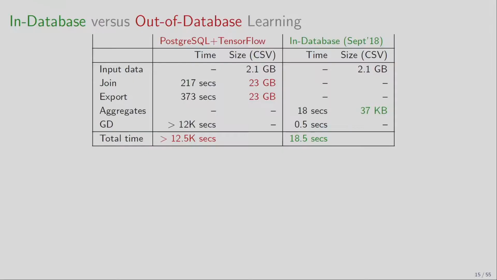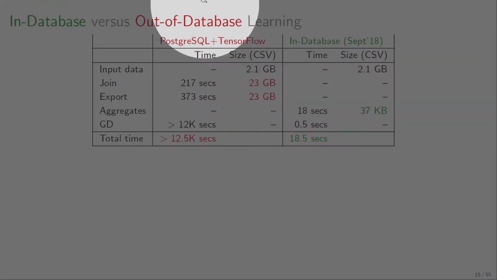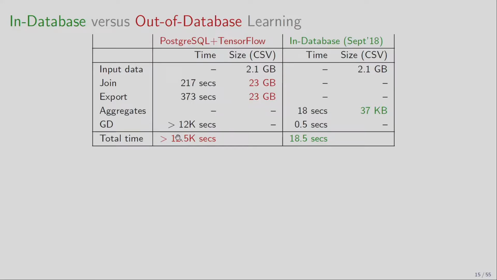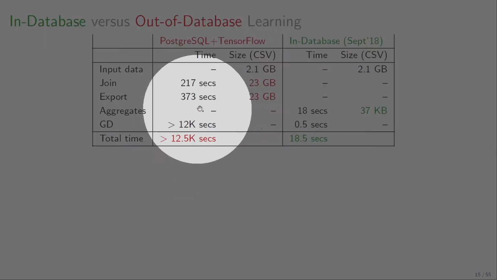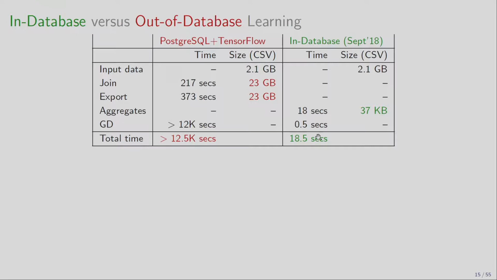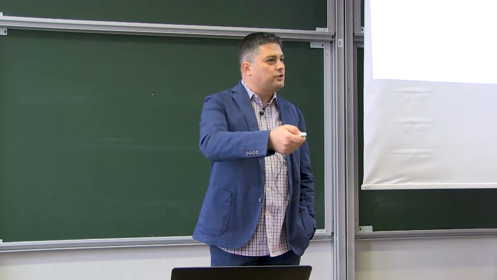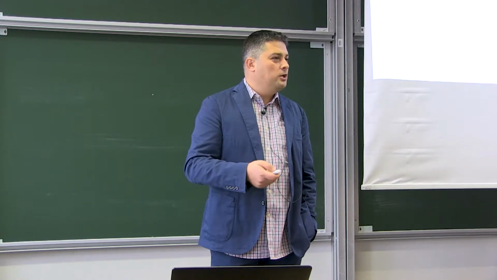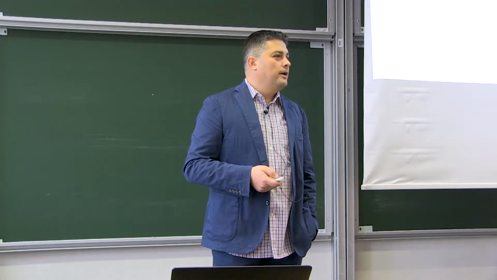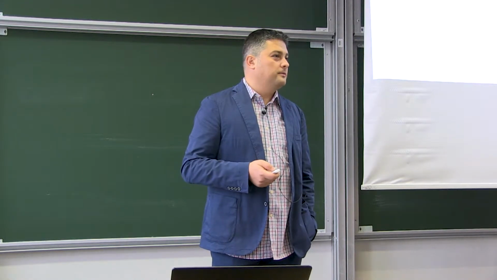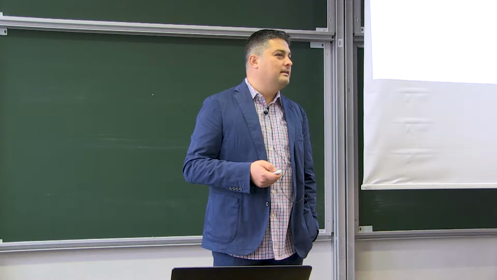Okay, so what we actually did, for instance on this column, is the approach taken with TensorFlow, which gives us something like 12.5 seconds, 1,000 seconds at least. Our approach, on this side, computes all these aggregates in 18 seconds, and the convergence step on top of these aggregates is done in half a second. If you want to learn another model over a subset of the features used for the aggregates, it will take another half a second. Everything we've seen so far goes way beyond that. It doesn't do it in 18 seconds.